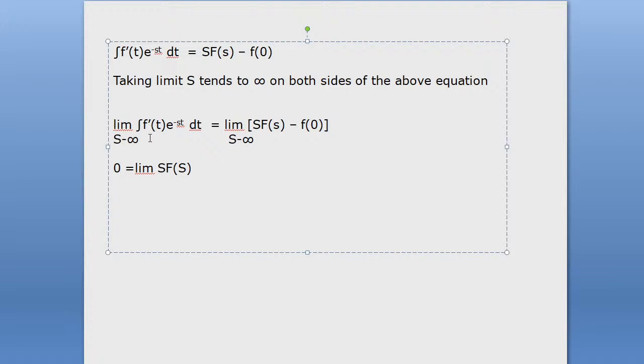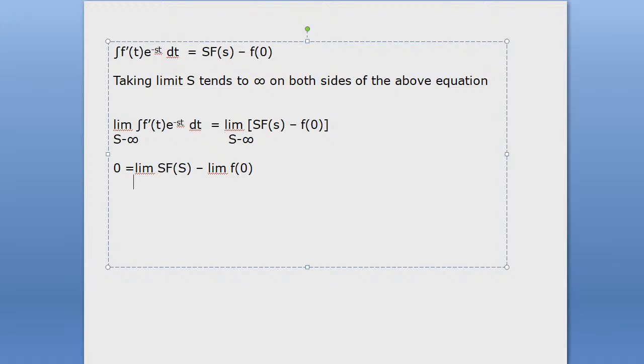The limit s tends to infinity, integration of f prime t e to the power minus st dt equals 0. If you take that, then you will get limit s f of s minus limit f of 0, and here you see that this limit s tends to infinite, and this term is independent of s, so you can cancel this limit part. There is no function of capital S, 0 is a constant term, so you can write f of 0, and therefore